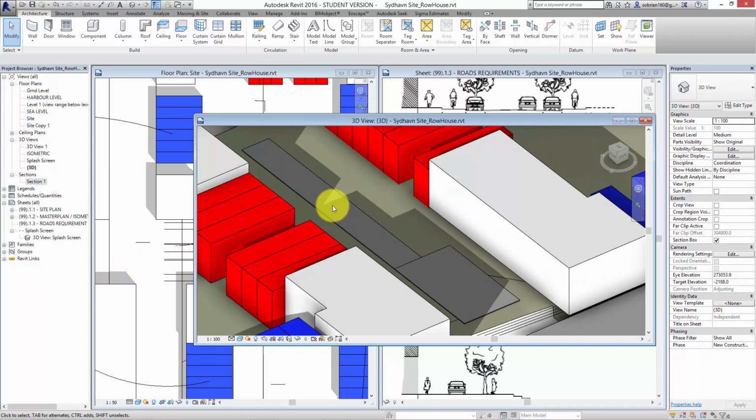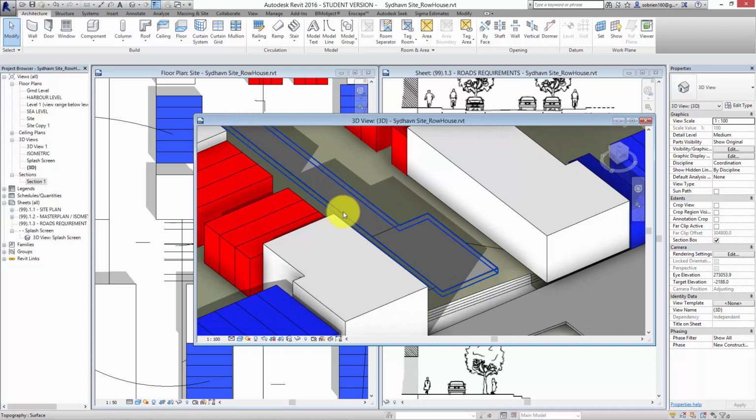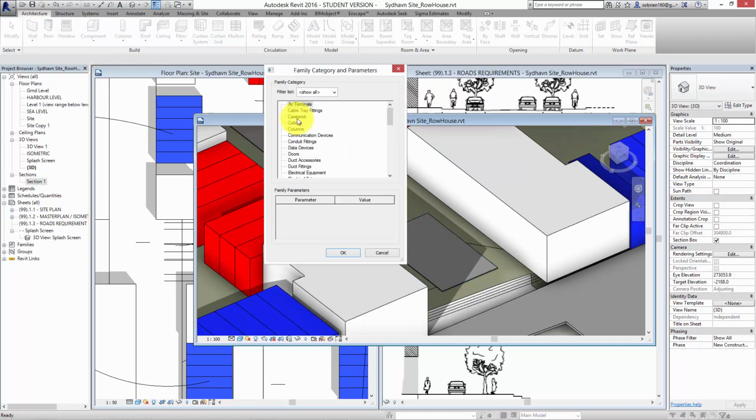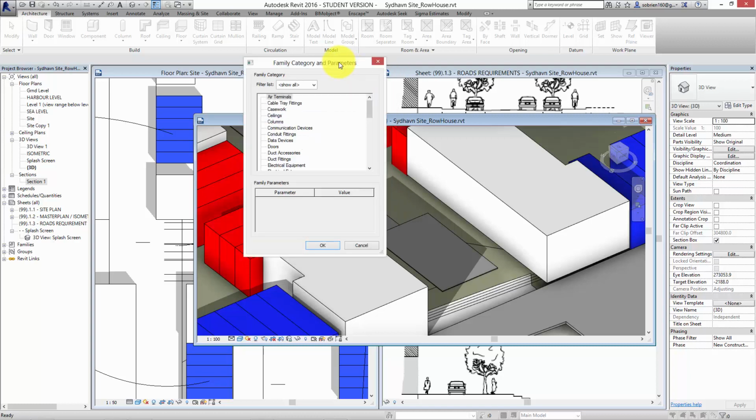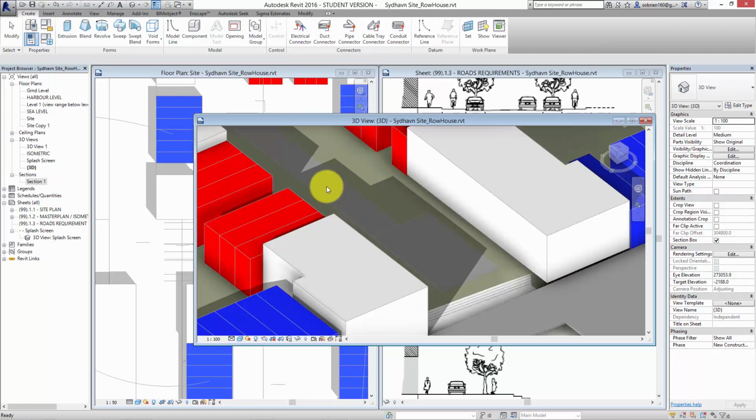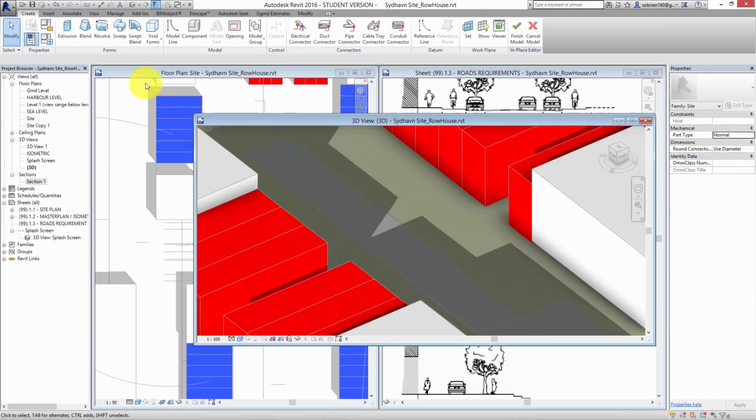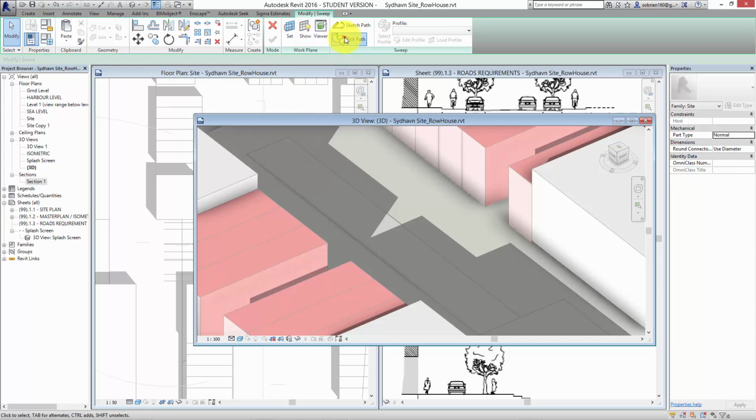If we wanted to make a continuous concrete strip along the line here, the way to do it is to make a model in place sweep, because if you have a complex road that follows a lot of curves and a lot of different things, you don't want to add all the outlines separately, over and over again. What you want is to get the computer to do it for you. So you can make a sweep. If I come in here and give it a category as site, okay, and I can then make a sweep. I can pick the path,